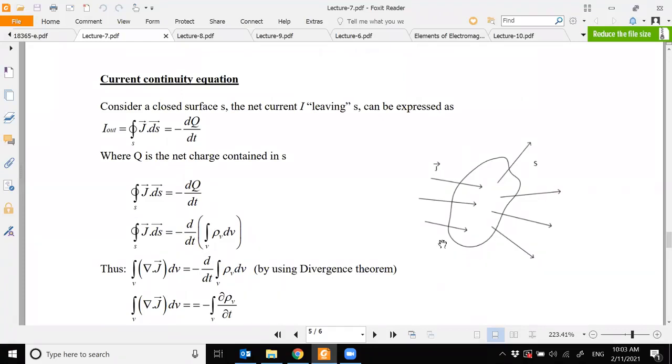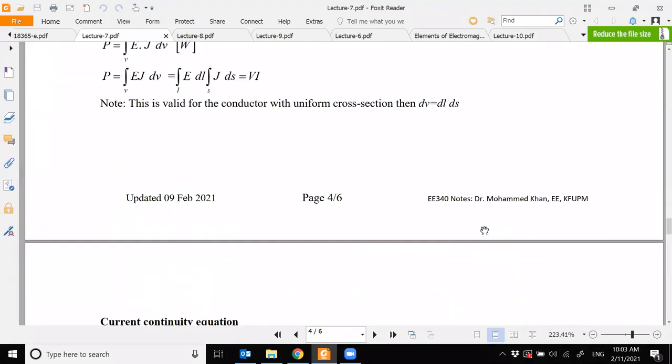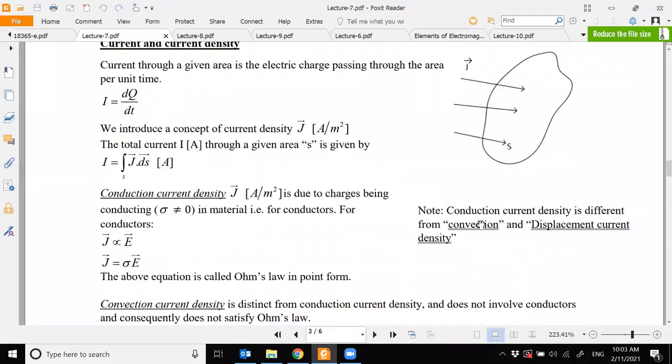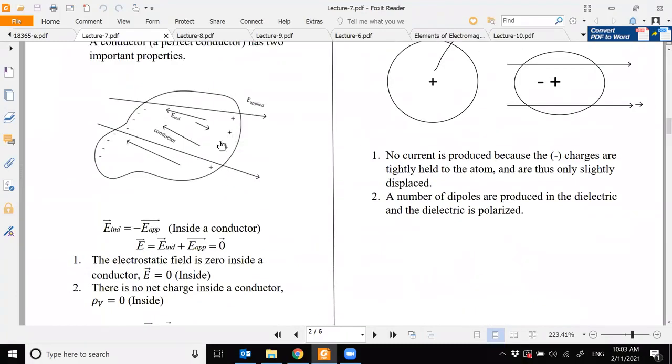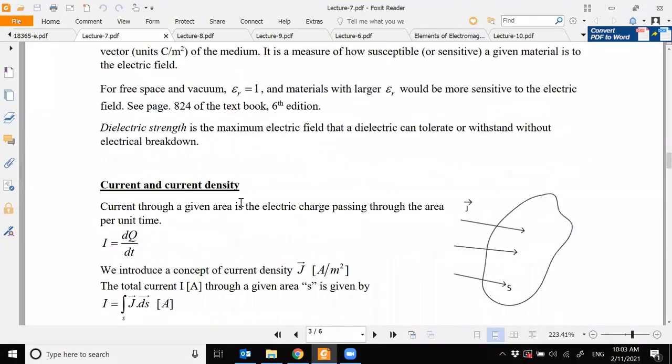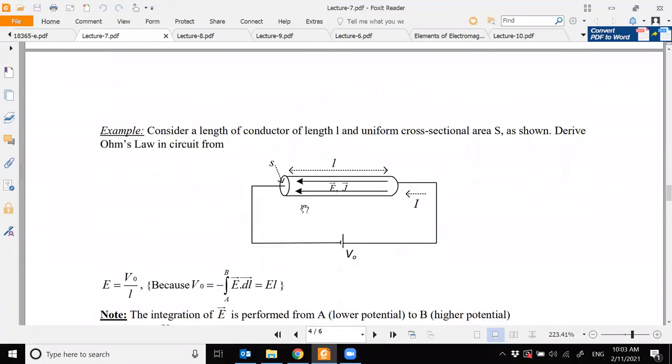And now remember one thing, please do not confuse the isolated conductor with the conductor which is connected in a circuit. These properties we talked about are for the isolated conductor, and once it is connected in the circuit,